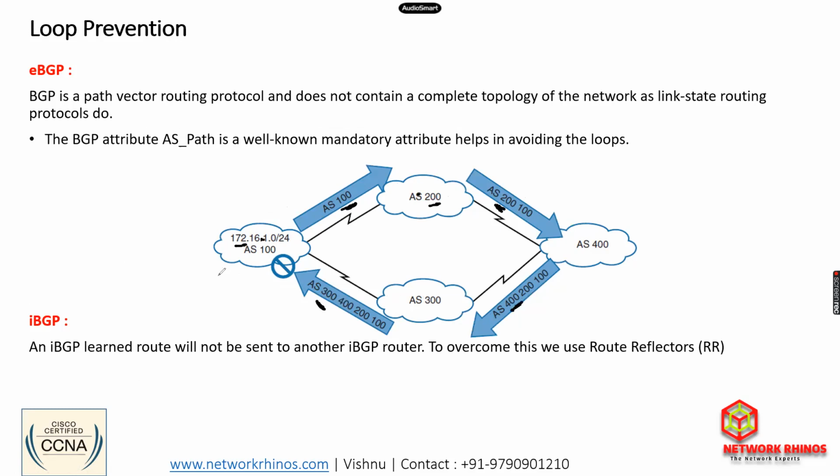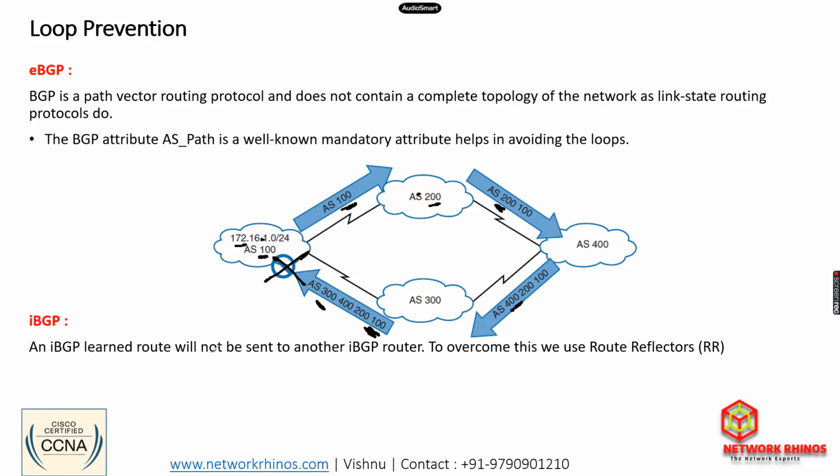When it tries to go back to the same AS 100, the AS sees that the receiving AS number is also my AS number. This could be a potential loop, so I'll simply discard the update. This is the loop prevention mechanism we have in eBGP. Now coming to iBGP,